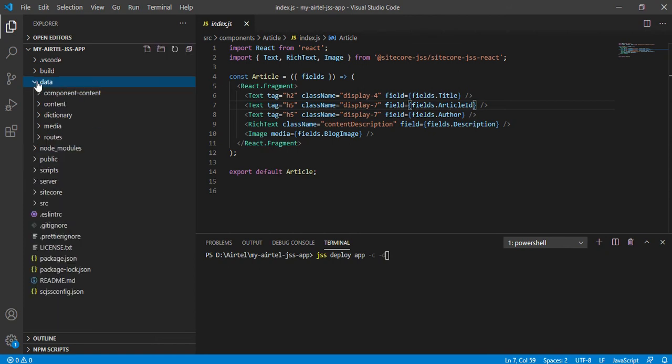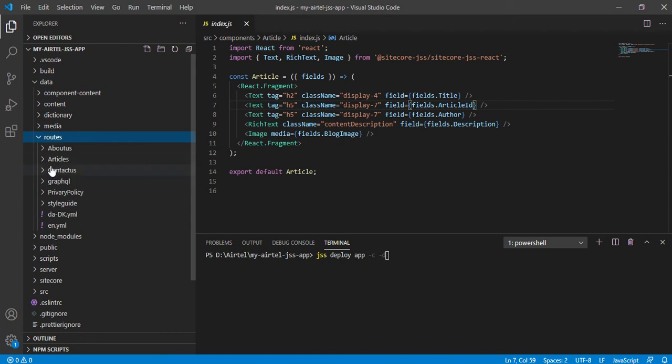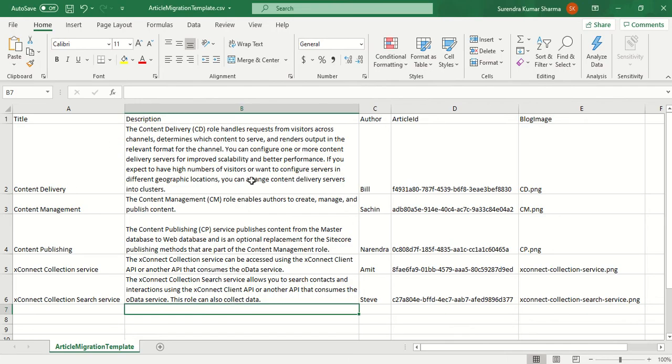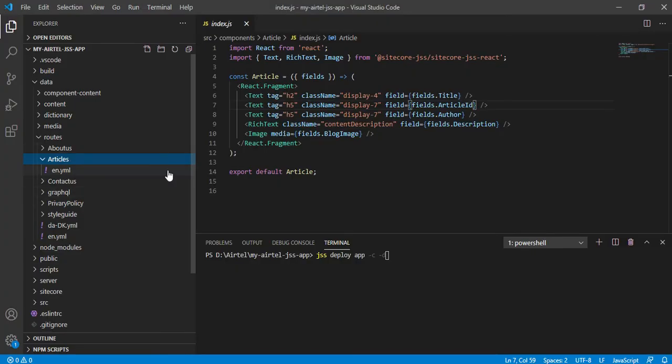My aim is to create, within this article, my different articles with their en.yml files. I don't want to create them manually. Let's suppose there are 50 items; I don't want to create 50 en.yml files manually. I want to read this CSV file, and it should be automatically created at this location.